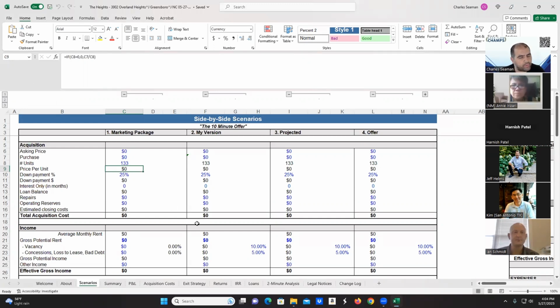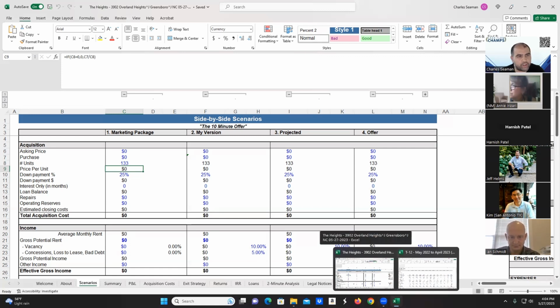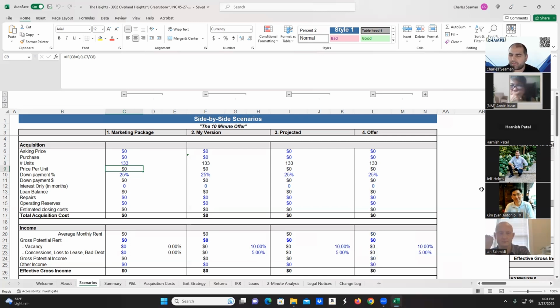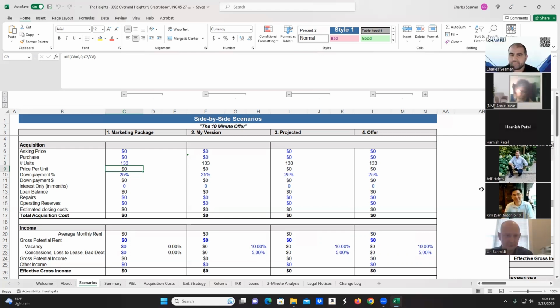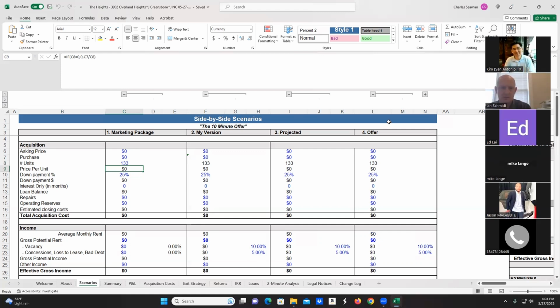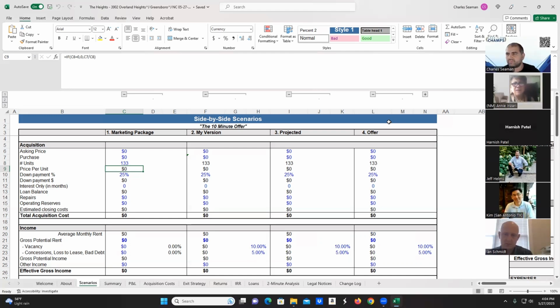Okay, so we're going to dive into today's deal. It's a 133 unit deal in Greensboro, North Carolina, which is part of the Triad. And for anybody who's been on a few of these sessions, what's the difference in timing that we look at the income versus the expenses from? And why do we do it? So the income's in a T3 with annualized, and the expenses are T12, and the reason to do it is because the way the lenders are going to look at the